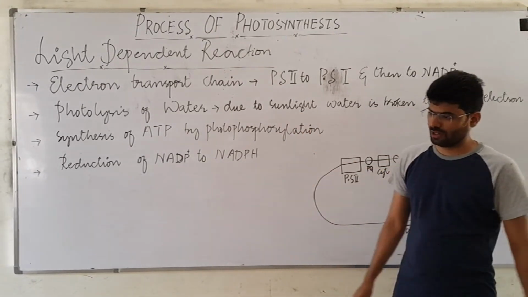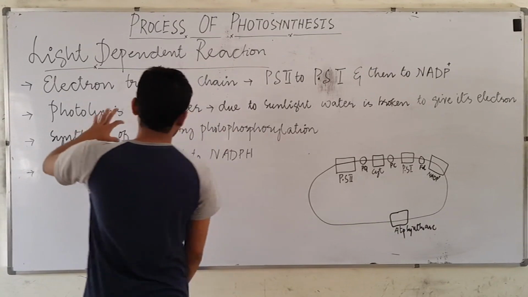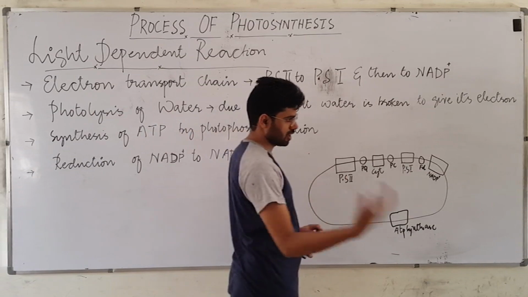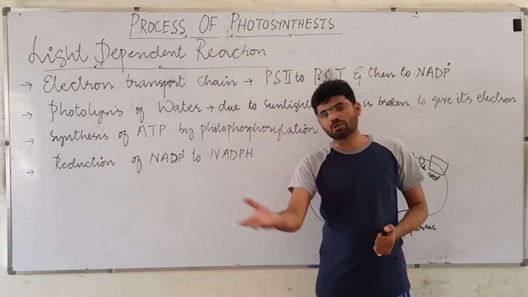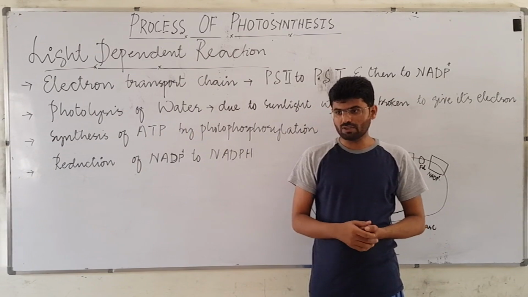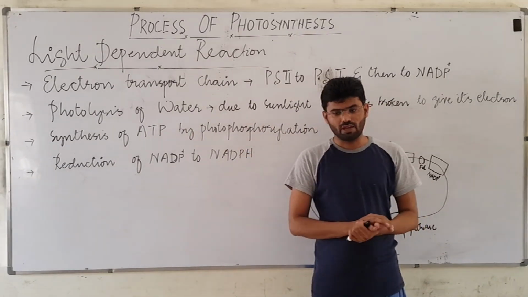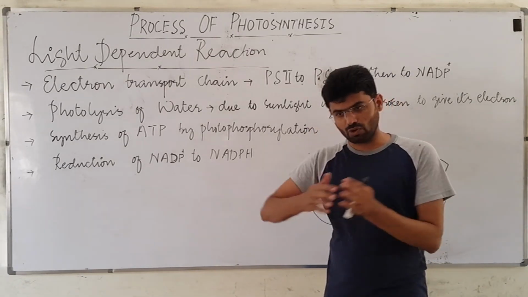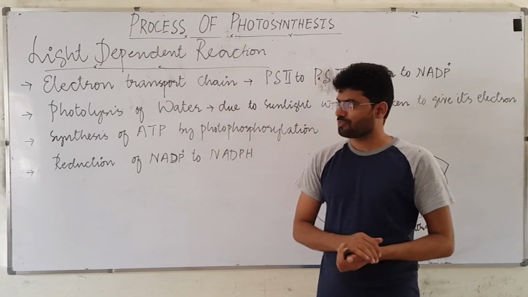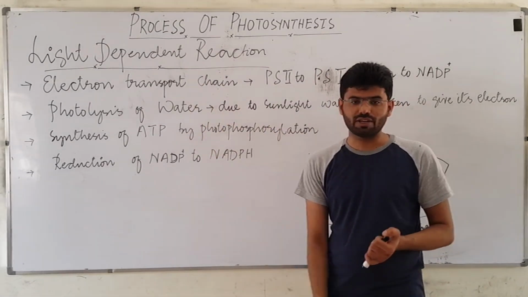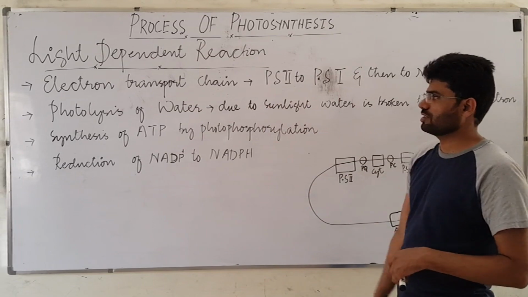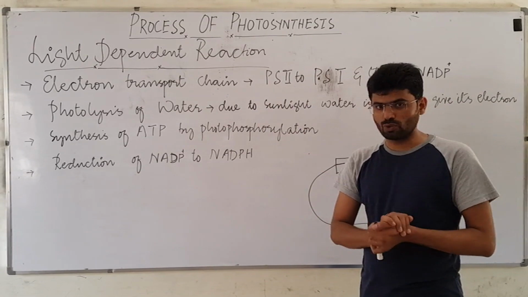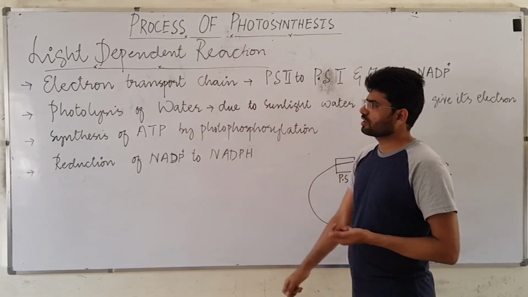So we are back again, because as I told you, this is a topic which cannot be understood in 2 to 3 minutes, because it's a logical topic and it requires a lot of concentration on the things that are going through this process. So we have summarized this light dependent reaction, or simply the light reaction, in which there are 4 things that must happen.